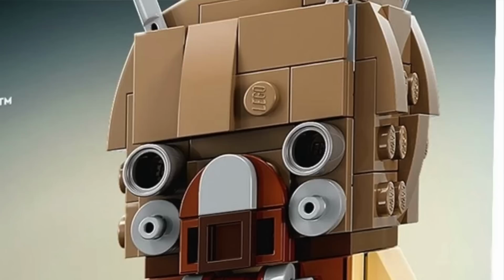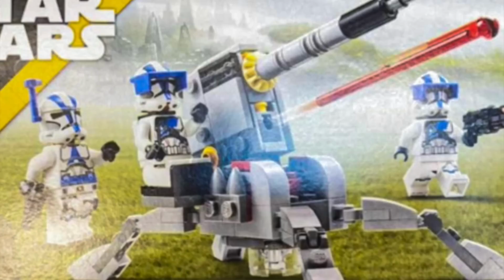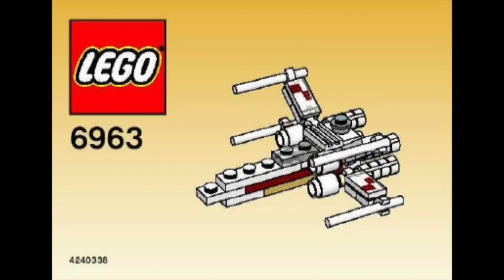Hey everyone, and today we're going to take a deep dive on all 5 LEGO Star Wars sets releasing in January of 2023. The smallest January wave in quite a while, it feels. The smallest of which being a Polybag X-Wing Starfighter. The X-Wing does look to be the best X-Wing Polybag yet, and it does have a Return of the Jedi